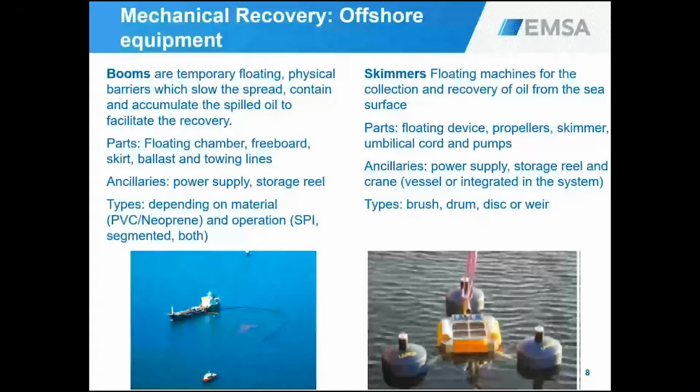To illustrate a bit more on the mechanical recovery, we have offshore equipment, the equipment that is used far from the coast, which primarily comprises booms and skimmers. You can see in the picture down left in the slide how a boom is deployed from a ship. It's a large capacity oil recovery ship, and if you pay attention, you may see one skimmer that is moving